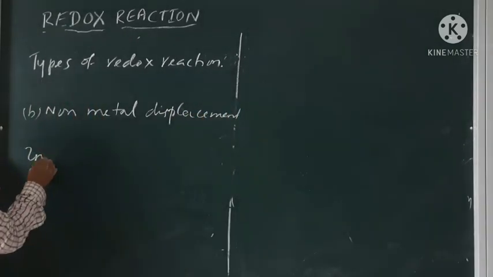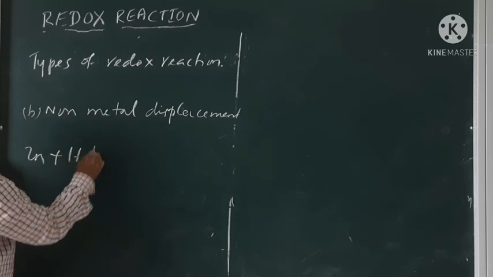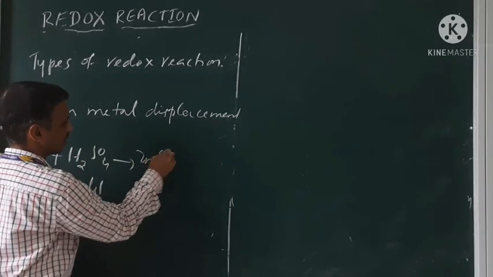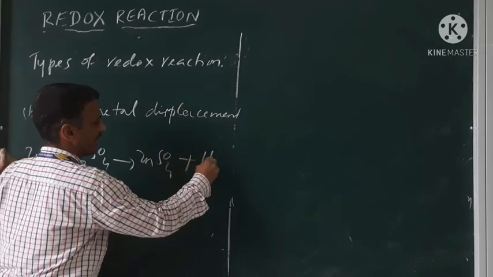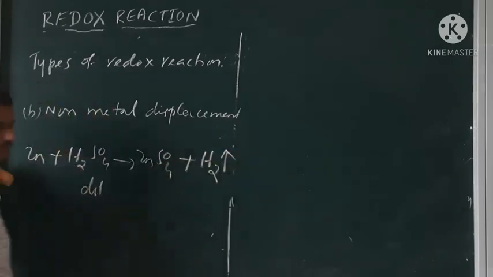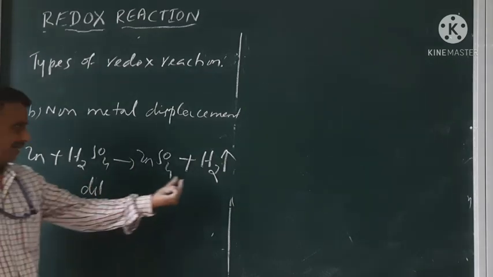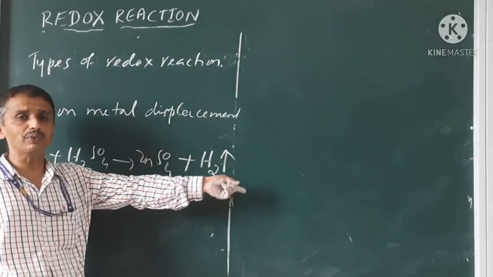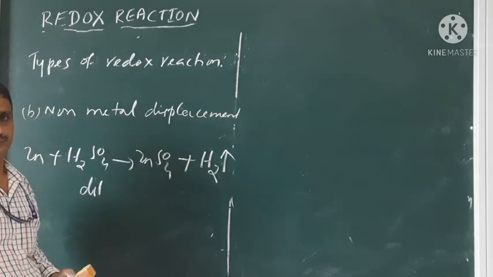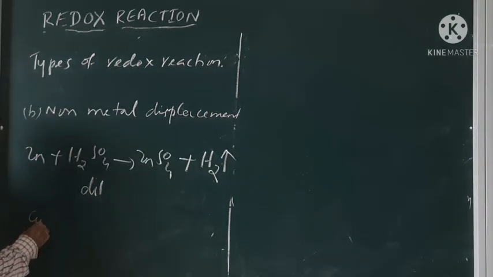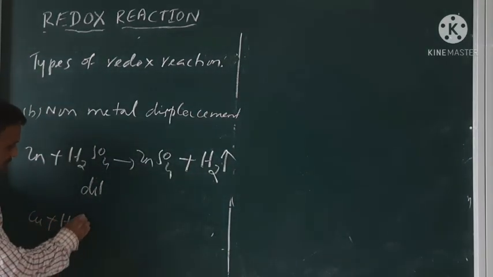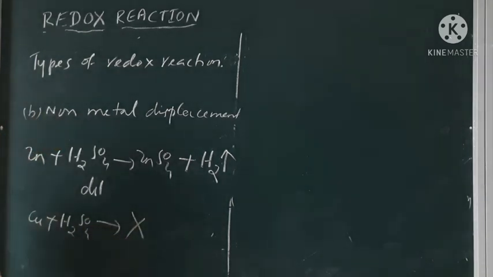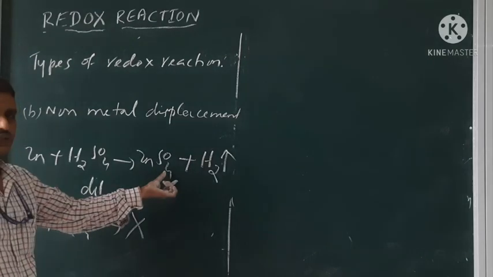Non-metal displacement reaction. So, zinc you treat with dilute sulfuric acid to get zinc sulfate along with dihydrogen gas. As a non-metal, hydrogen is obtained over there. It's a non-metal displacement reaction. Now what about copper plus dilute sulfuric acid? No reaction will be there. So don't write this as an example, only this will be there.